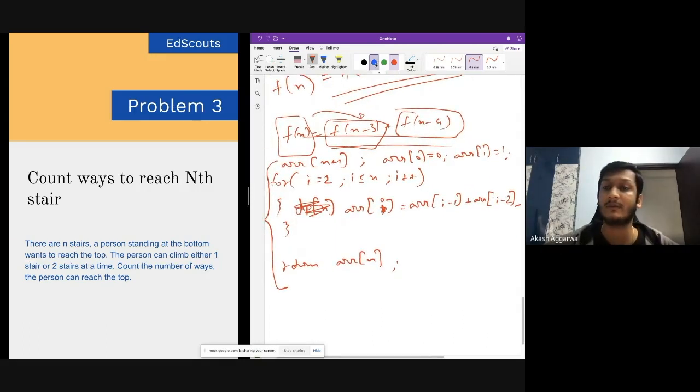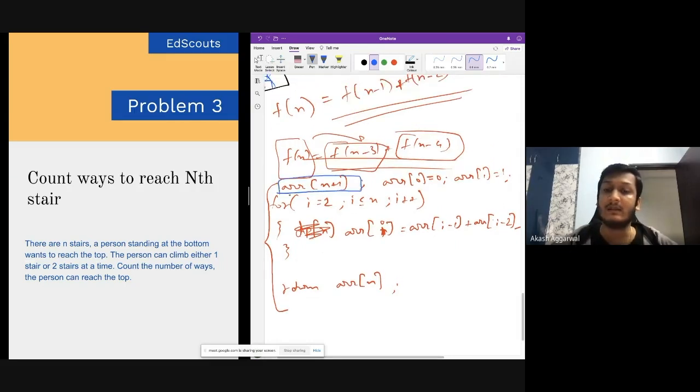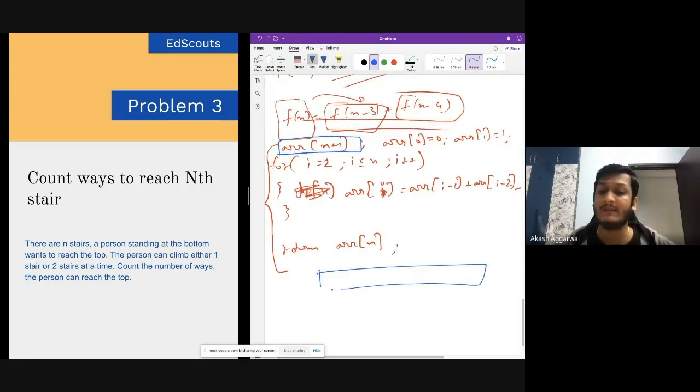So this is what we call the tabulation method. Here we have an array of size n plus 1, and we iterate from left to right. What does left to right mean? These are the smaller problems, and this is the big problem.